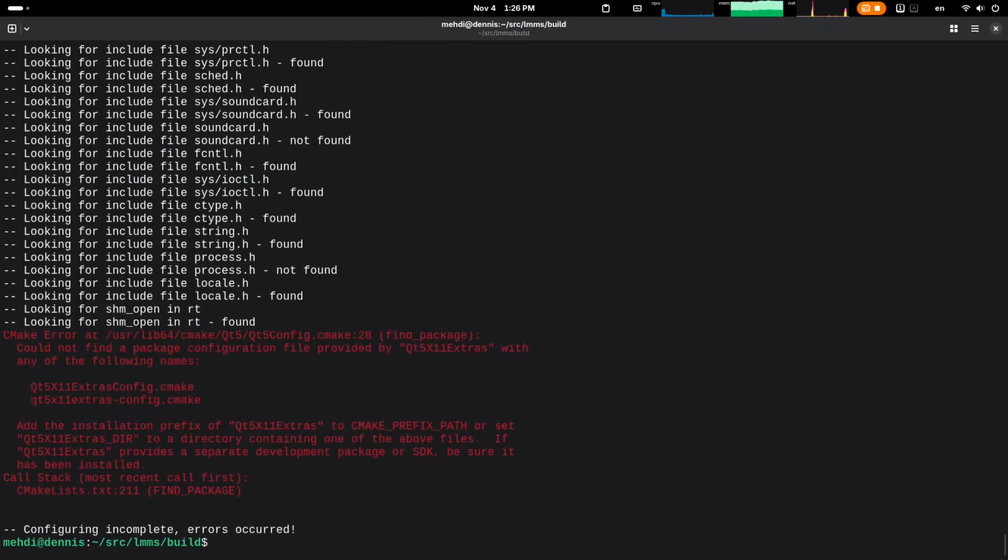This process will look for the dependencies that it needs for LMMS, and if it doesn't find them, it will tell us. For example, it already told me that it requires Qt5 Qt-based devel, and I installed it with sudo dnf install. It also required me to install Qt5 Qt-svg devel. I also installed this package, but the next thing that it doesn't find and needs to be met is